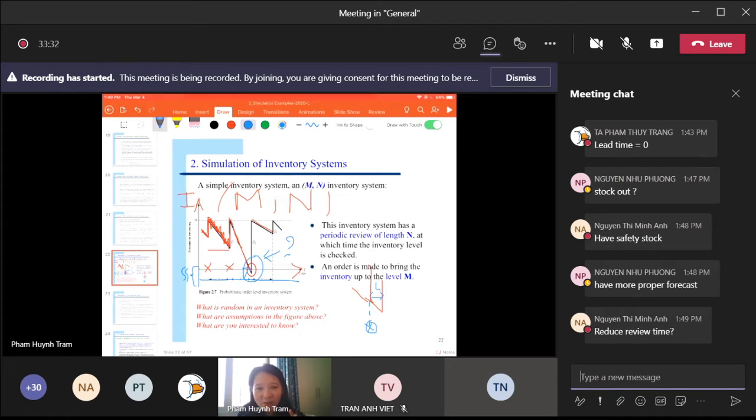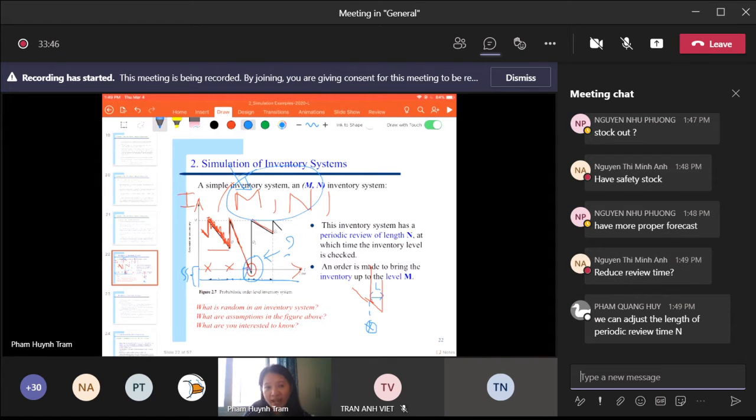That's right. So if we look at our policy here, we have two factors, two dimensions. One is the stock M. We can do something with the stock by stocking more, by calculating the safety stock, and we also look at the time factor, the review. If stock out happens quite frequently, then we have to reduce our review time. So having steady stock or keeping more stock, and reducing review time, can help us avoid